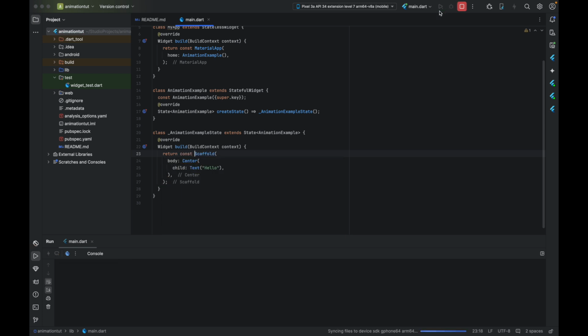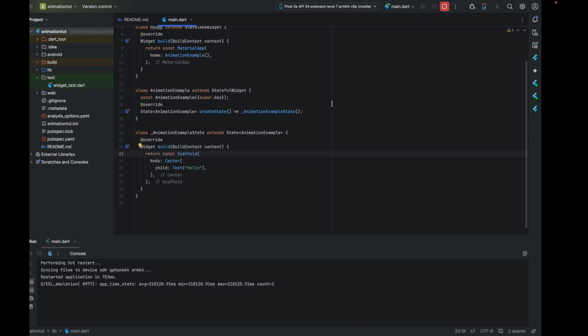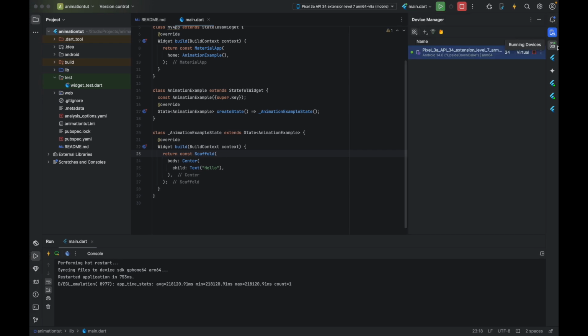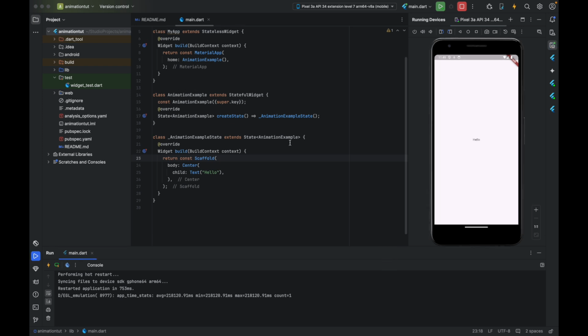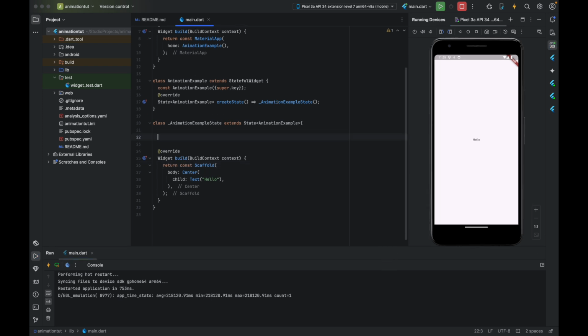Let's run our application. Let's see what we can have. I can just open the emulator, and here we can see that we have Hello on the screen. So before moving to this animation stuff, let's try to understand what is AnimationController and Animation and the SingleTickerProviderStateMixin class. Basically, when we are using the AnimationController, it will help us to provide the